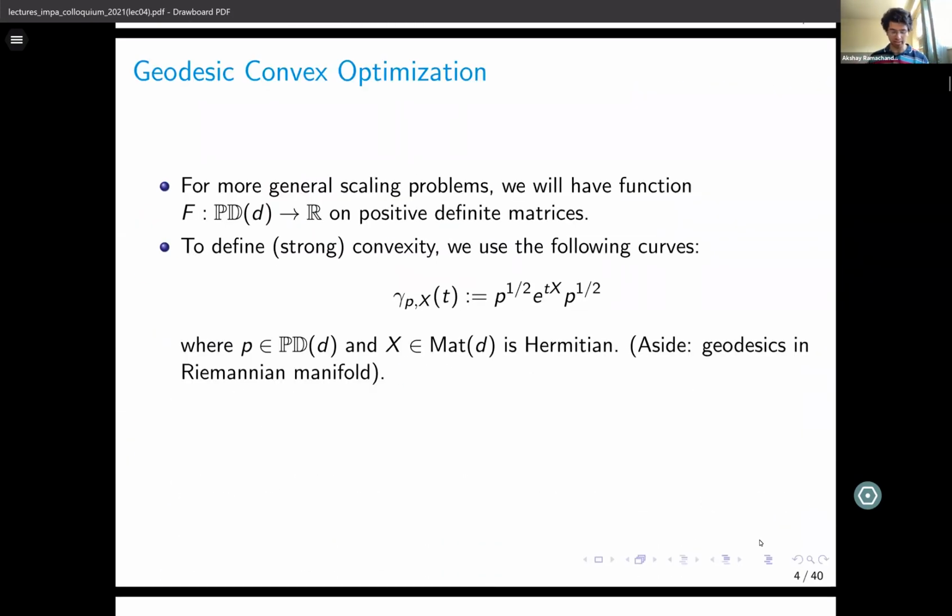And the right geometry there is this really natural Riemannian metric. It's not important what that is, but there's a really natural set of curves that define the right geometry on positive definite matrices, right? So if you start at positive definite matrix P and you want to go in direction X, then it's just P to the 1/2 times the exponential curve along X. So you conjugate P to the 1/2 with e to the tX. Cool. And so one example,